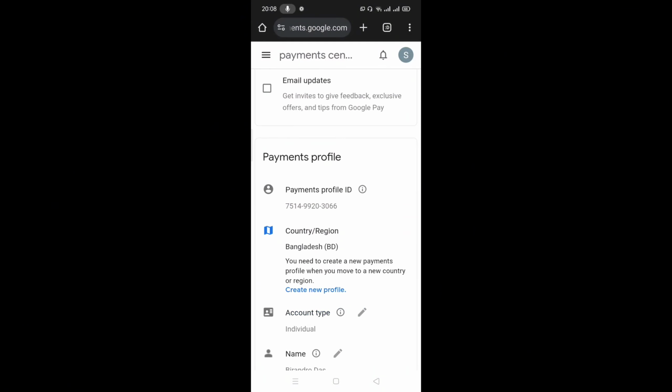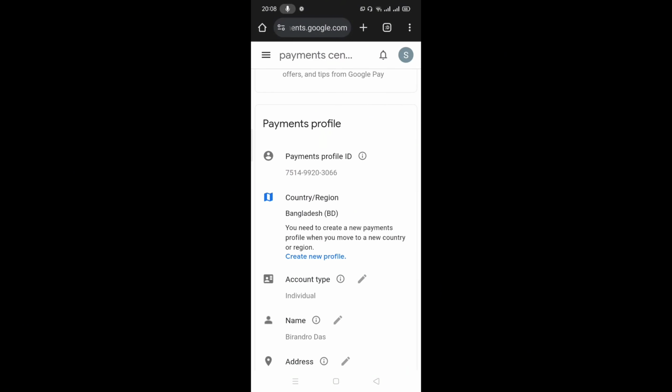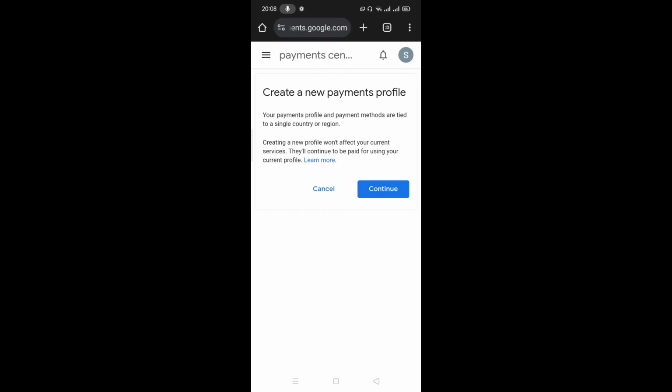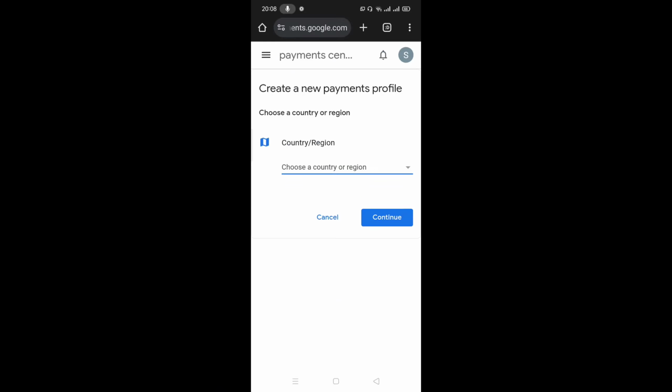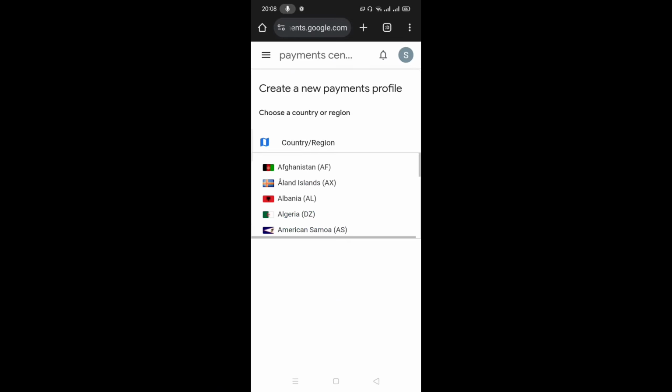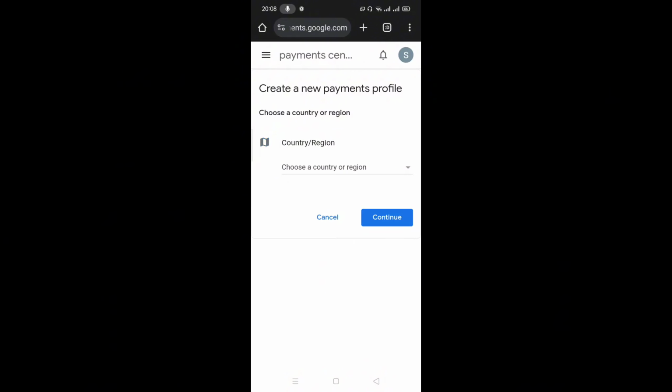You need to create a new payments profile while you move to a new country or region. Create new profile and your process will be going through by select continue. And in here you can choose a country or region. So that's it. But here you just need to mind that if you change country name on Google Play Store,